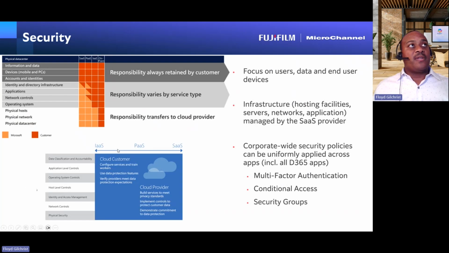Now, the other option that I'll talk on is security. With on-premise environments, historically, you were always responsible for everything related to the ERP that you were managing. Everything from the physical data center to the networking within that data center, the servers that host that infrastructure for the ERP, the actual application itself, and all the various pieces in between. That was 100% the responsibility of the business.